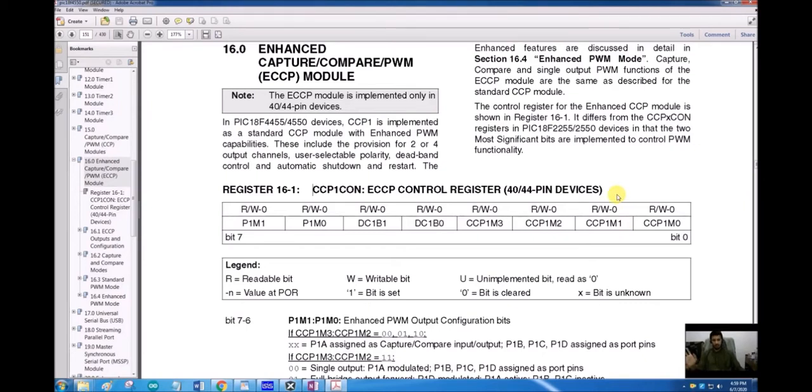The capture and compare modes are the same in both CCP and ECCP modules. Only the difference lies in PWM mode. So what was happening in the regular mode of CCP1? In PWM mode, a single waveform was being generated by one module.